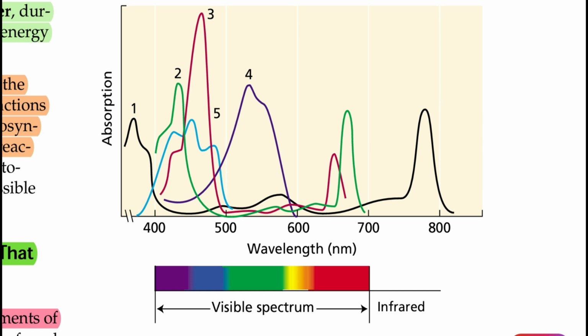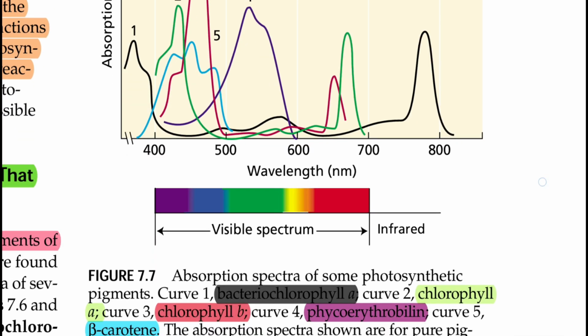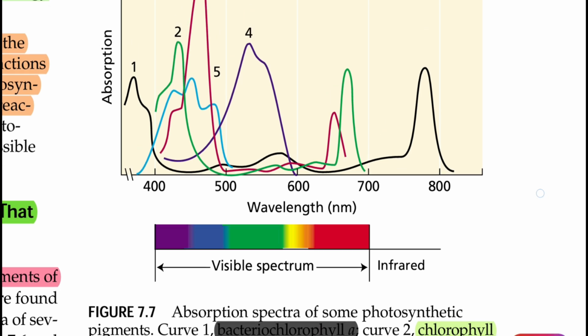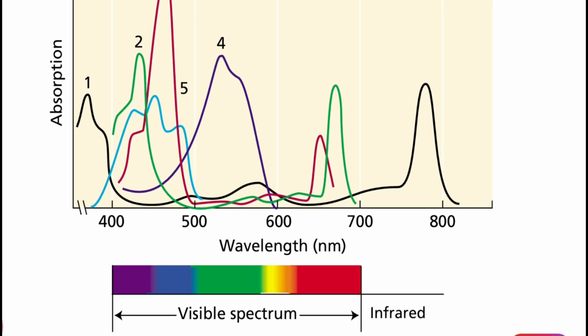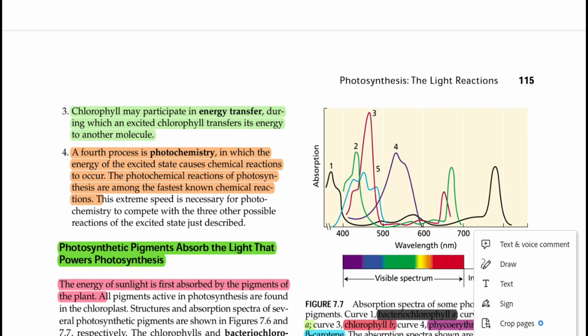Phycoerythrobilin is active between 500 to 600 nanometer, and the blue one, which is beta carotene, is also active. Beta carotene is active between 400 to 500 nanometer only. It is not active even a single bit elsewhere. So it only becomes active in the blue region of light, and it reflects the rest of the light, so it looks like an orange colored pigment. So beta carotene represents orange color after reflection, and the black one